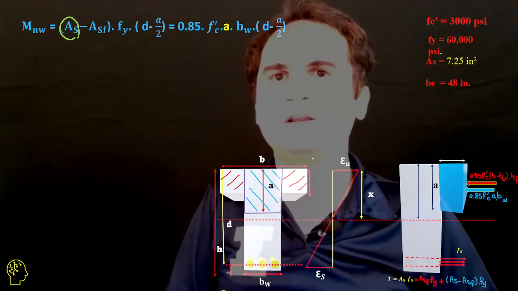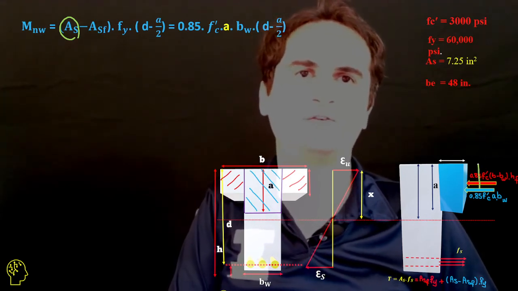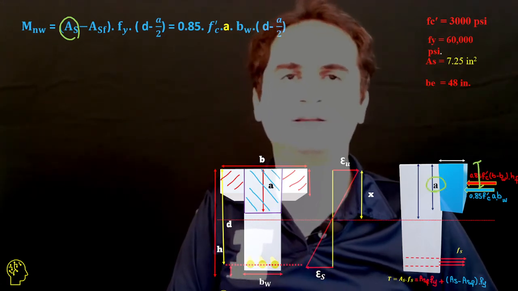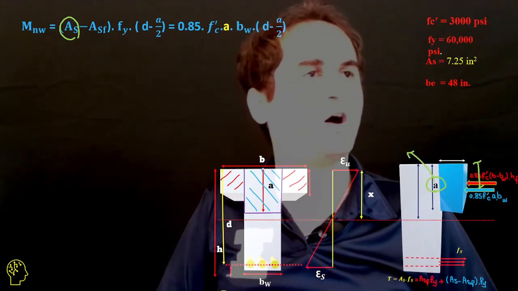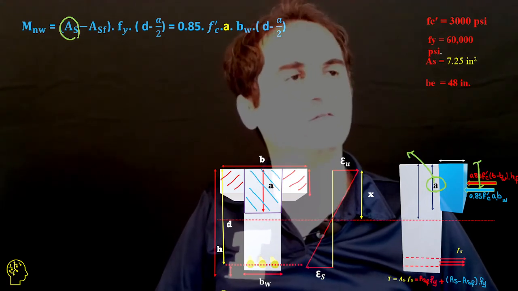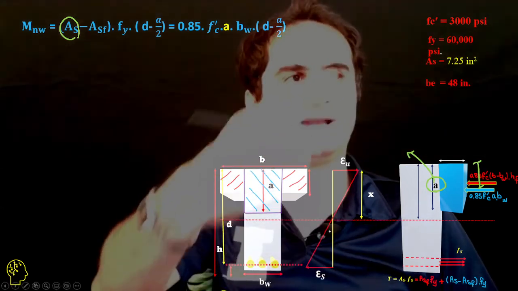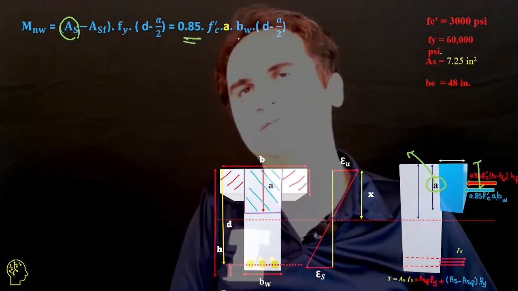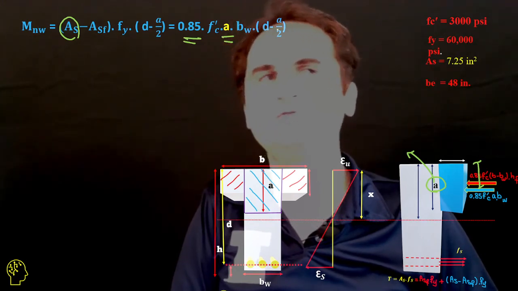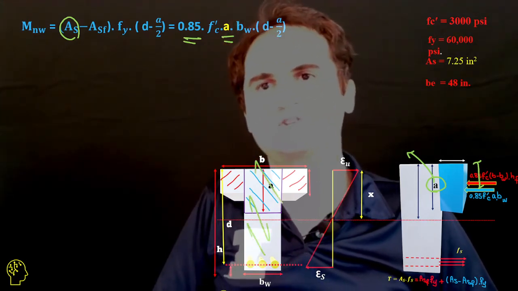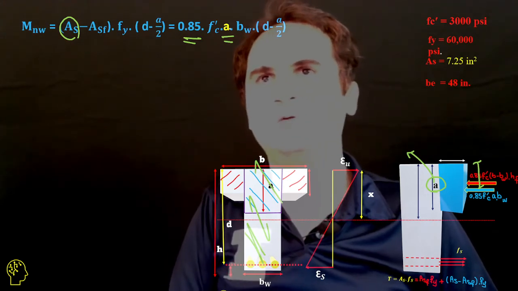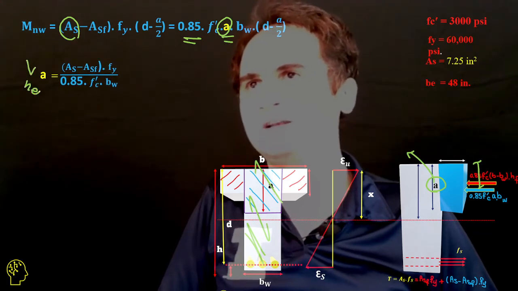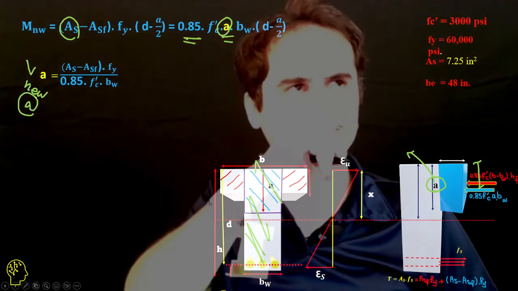And that's Fy. This time my r is a over 2, because the resultant force applies at a over 2, which is half the height of the equivalent stress block. And definitely that's equal to 0.85 f'c times a times bw this time, because we are talking about the web chunk of the area. The only unknown is a here. And if you calculate the new a, which is related to the T-shaped section,